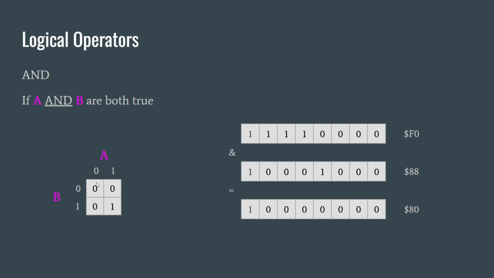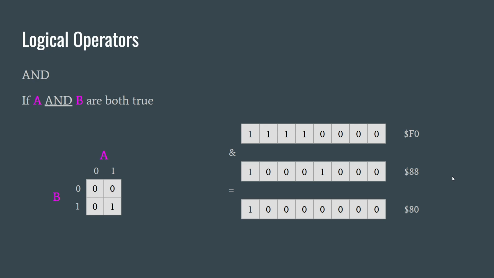ANDing them together, remember that both bits have to be 1 for the result to be 1. So here we get a 0 because this one is a 0, so the result is 0. Same thing for these three. All of those become zeros because this one is 0. And then this topmost bit, both of them are 1, so there's a 1 left. And then converting that back to hexadecimal, we have an 8 and a 0. So we get